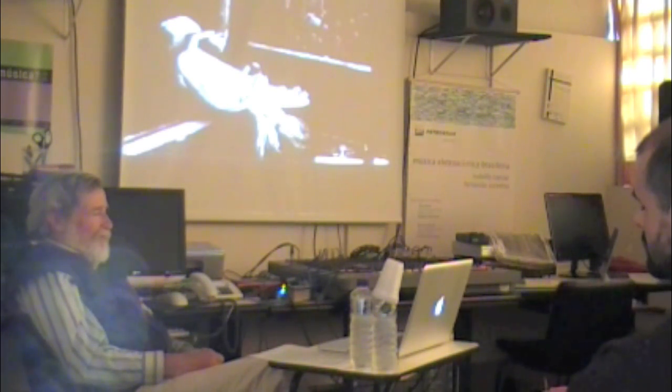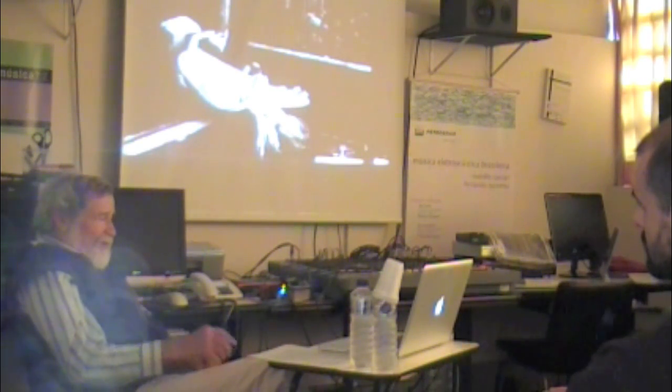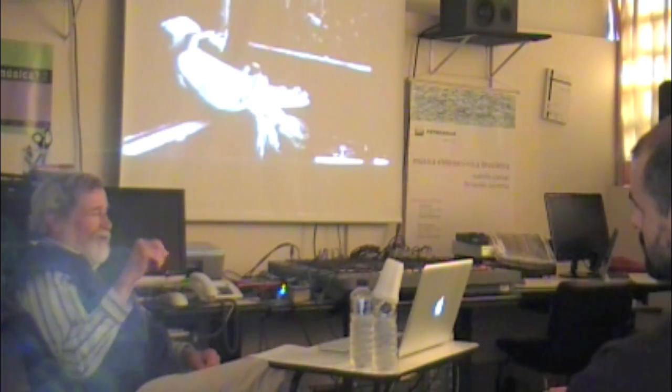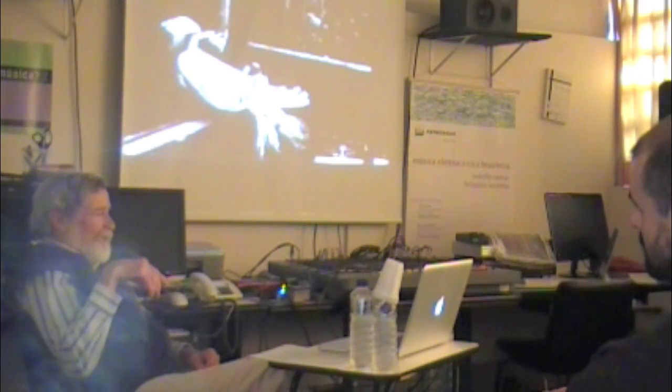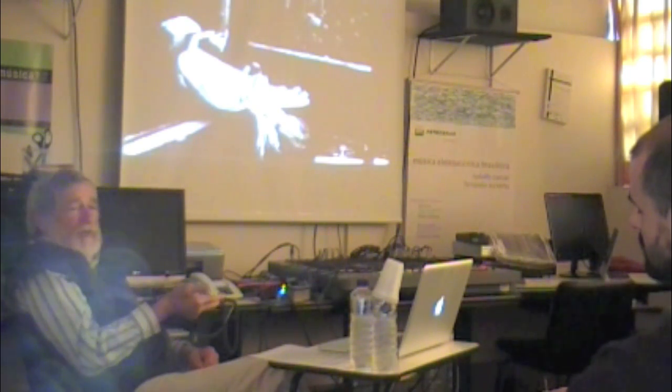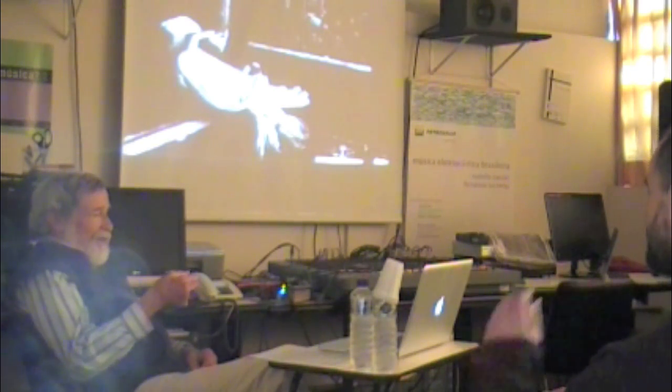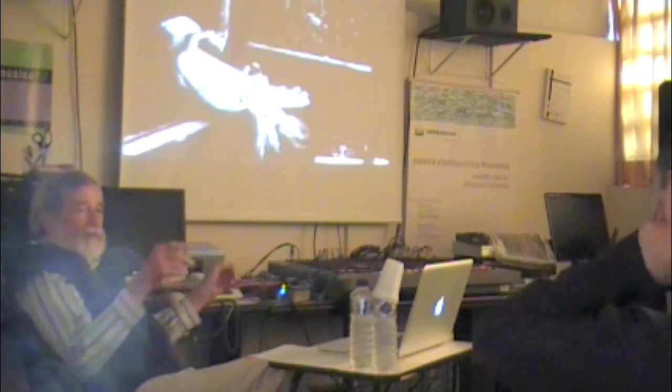The system was checked out quite a bit. They used targets in Florida, a good place for testing such things, I think. And it was pretty accurate. The pigeons never freaked out. They just sat in their little rocket, and they'd get rewarded with a corn every time they made a successful peck. And so the rockets were steered to their target